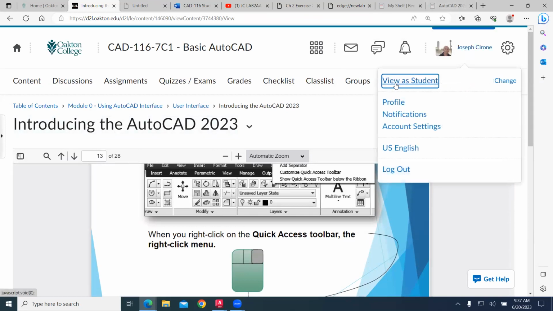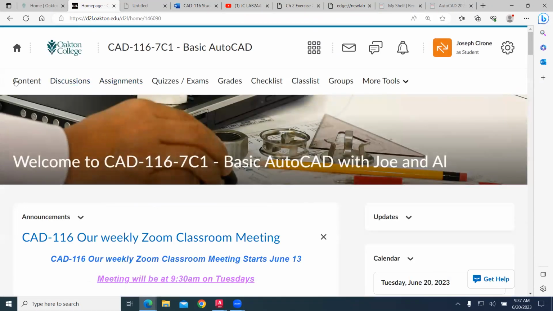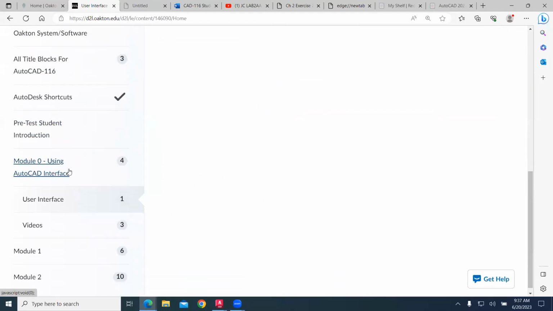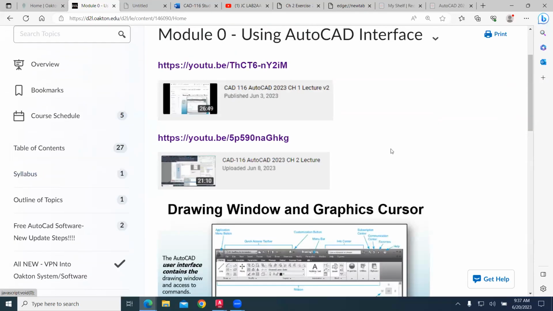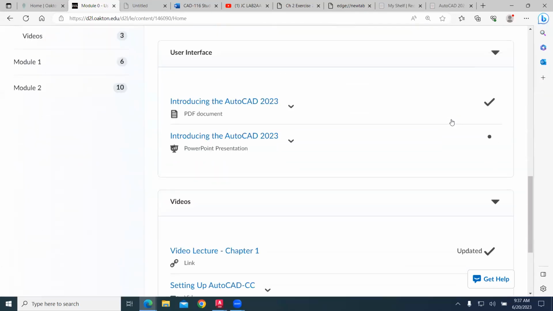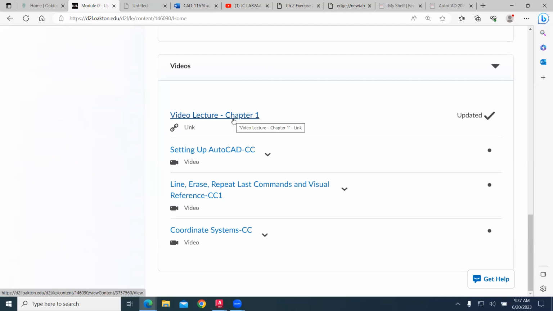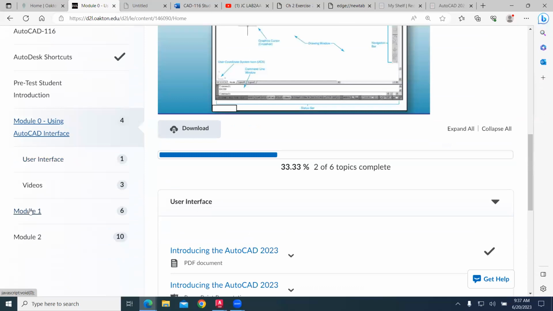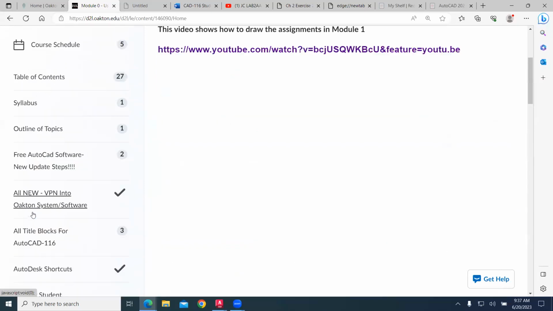I think I'm going to view this as a student. Content section, Module 0, and then we have some videos. We have a video lecture, and then some additional videos on the coordinate system and just helpful commands that you can use. Alrighty. And then if we look at Module 1